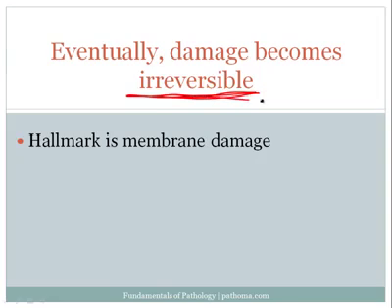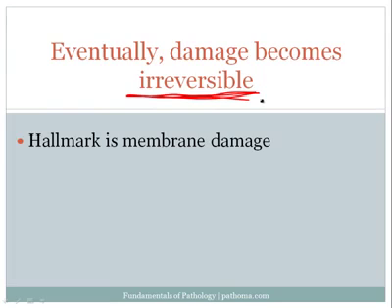Now, if I would tell you that reversible injury is summarized by cellular swelling, then I would tell you that irreversible injury is summarized by something called membrane damage. That's the take-home. The hallmark of irreversible injury is membrane damage. We could take this one step further, and we will, because it does show up on exams. There are three membranes of the cell in particular that get damaged and result in the key consequences of irreversible damage. The first is very obvious, and in fact, it's so obvious that we use it every day, and you'll see that in a minute, but it makes for a nice exam question.